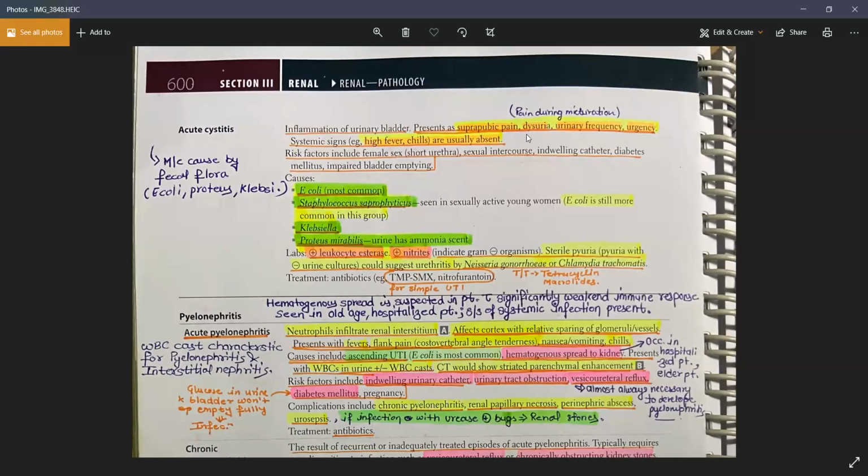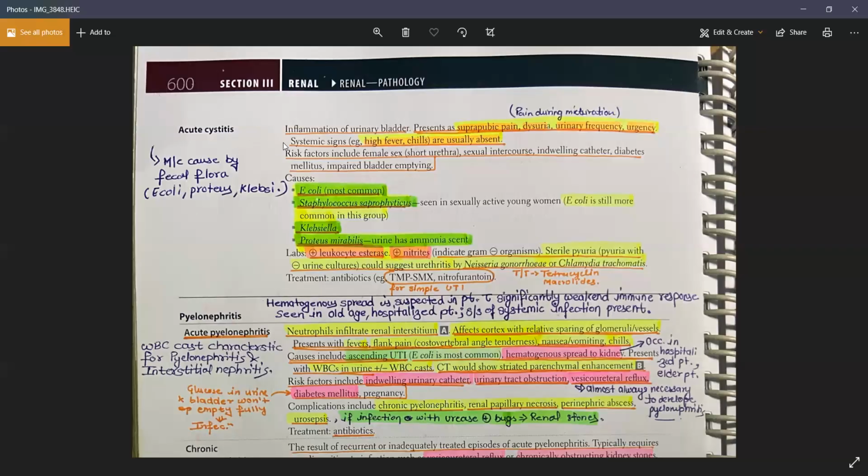You will have pain with micturition. Urinary frequency: you will get frequent episodes of micturition throughout the day, 10 or 12 times maybe. Urgency incontinence will be there. You will get a sudden urge to void, and before even reaching the washroom, you will get the micturition. You will get incontinence before that. So suprapubic pain, pain with micturition, frequency of micturition, and urgency of micturition: that you will see in the symptoms of a patient with cystitis.